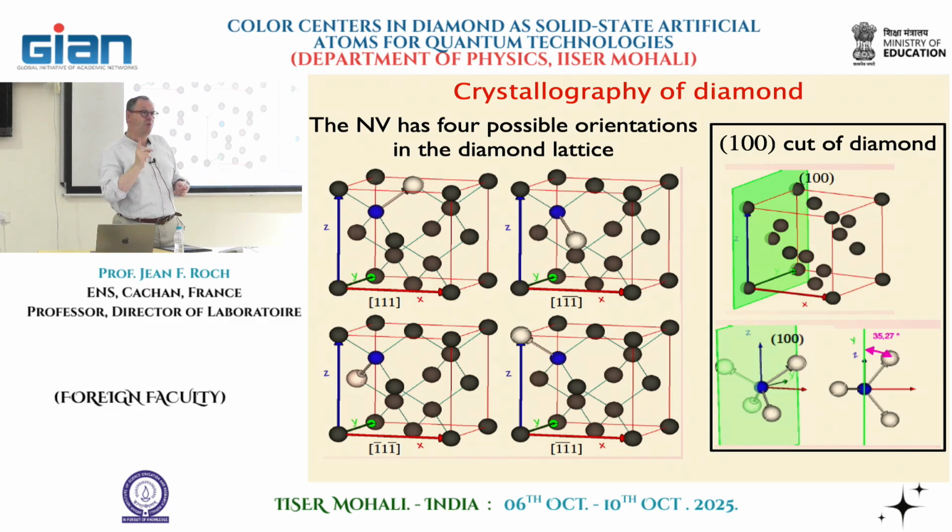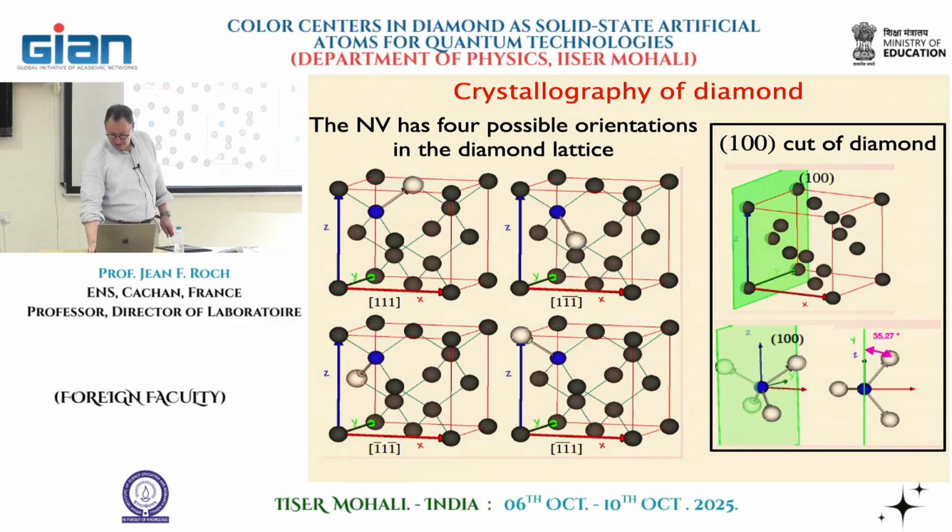I can also have a 111 cut of the diamond. And if I have a 111 cut, then one of the NV centers, taking into account a random ensemble, will be oriented like that, and the others will be oriented at the complementary angle to